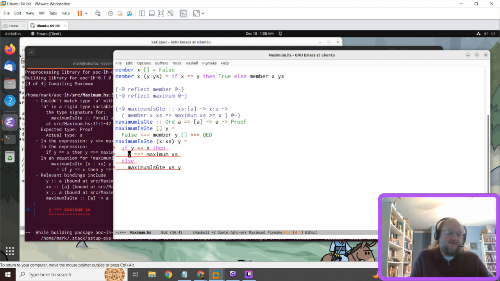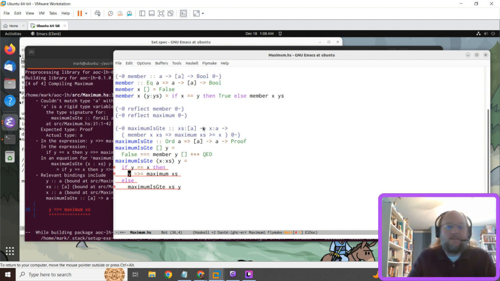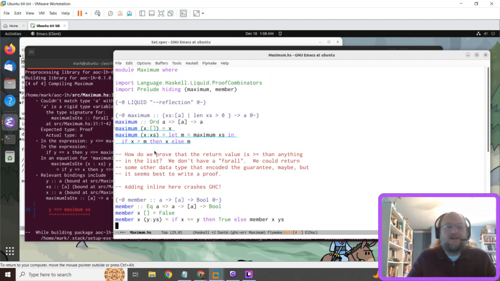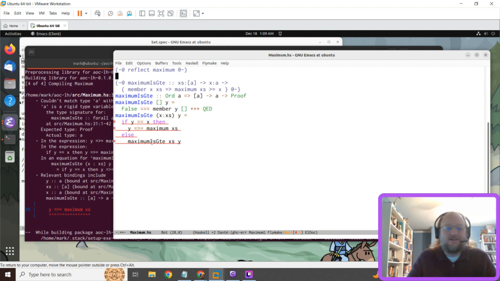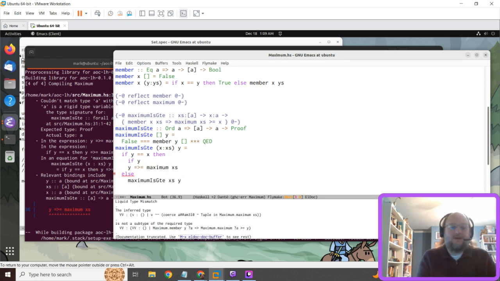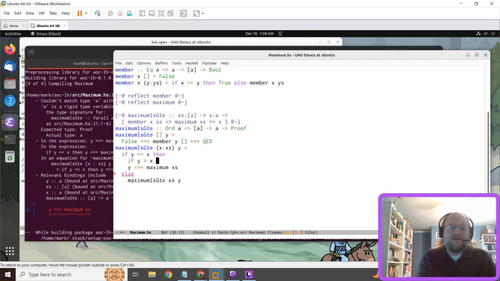All right, what I want to say in English is if y equals x, then y is a member of the list, obviously, and the maximum of the list is equal to either the maximum of the rest of the list or to y itself. So if y is greater than x, then